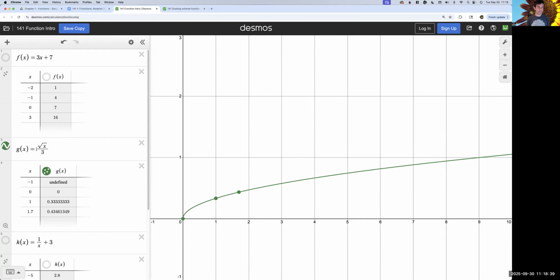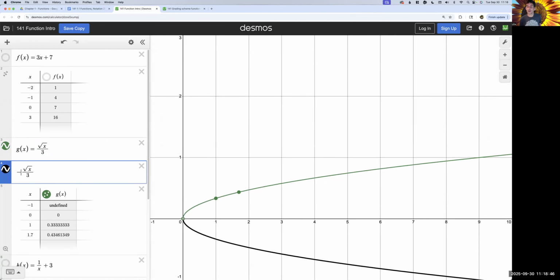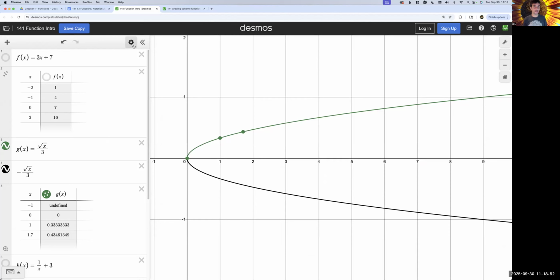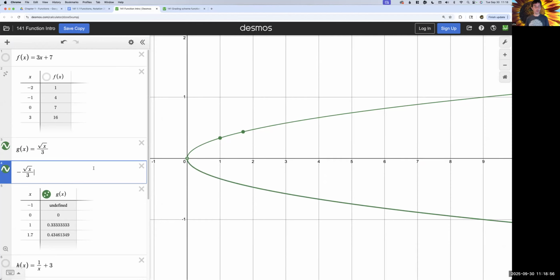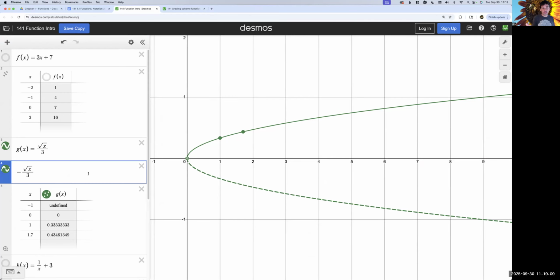What we'd see, let's just add the negative value, so I put a negative in front of that, we get the bottom half of that parabola turned on its side. But if I want those negative values, I have to specify that, right, by putting that negative there. This is another idea that we'll talk more about in another video, but visually we can see that